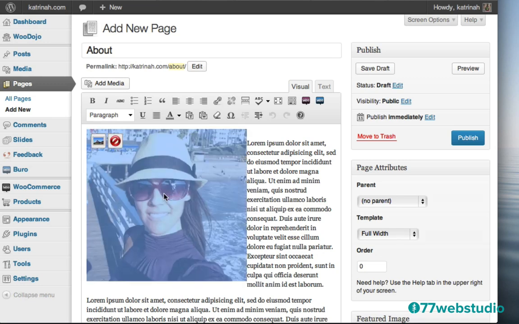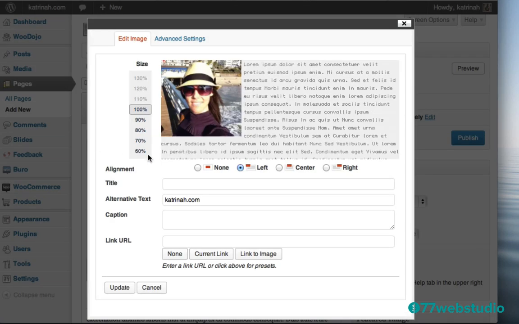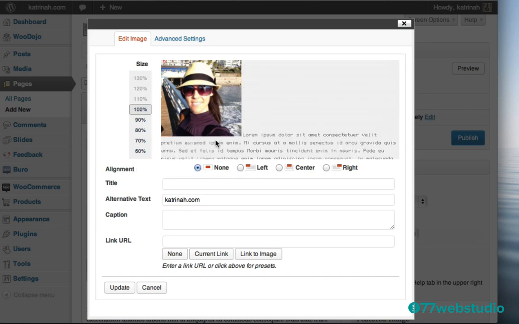When I click on this image, you'll notice that you'll have two icons pop up. One is a delete icon that you can click on to delete the image altogether, or if you want to edit the image, you can do so by clicking on this button right here. So I'm going to click that really quick. I'm going to click on the edit image button, and then you'll notice that here it is left aligned. If yours is currently saying none, then most likely the text is showing up below the image.